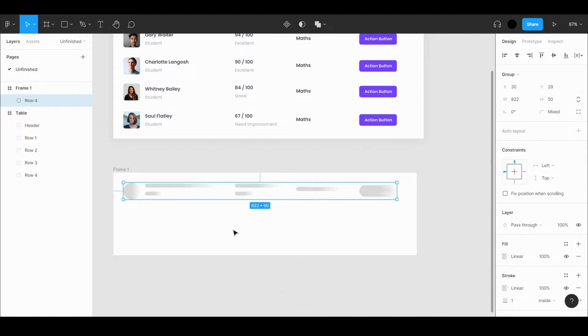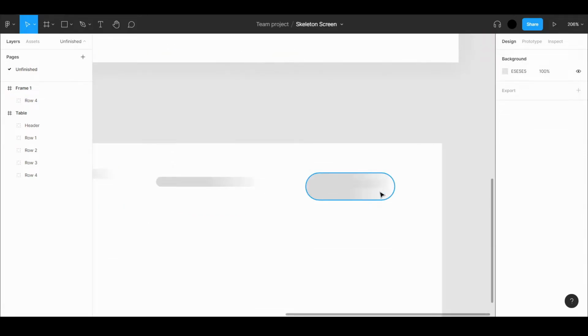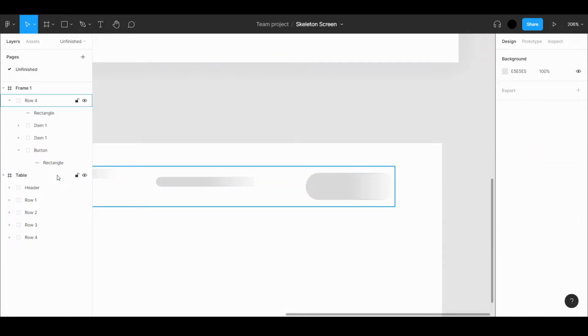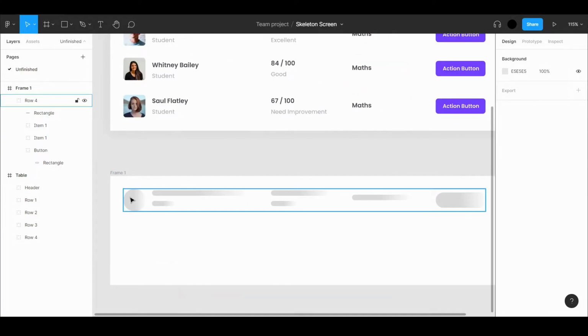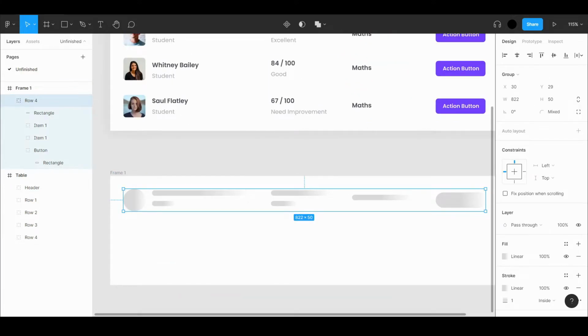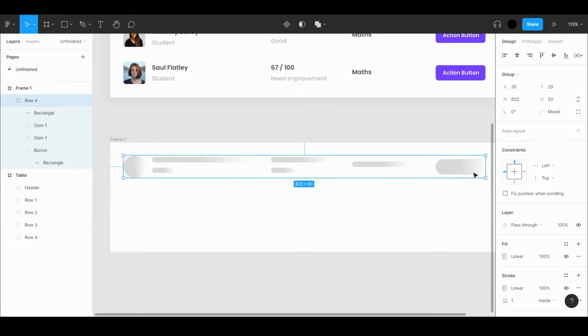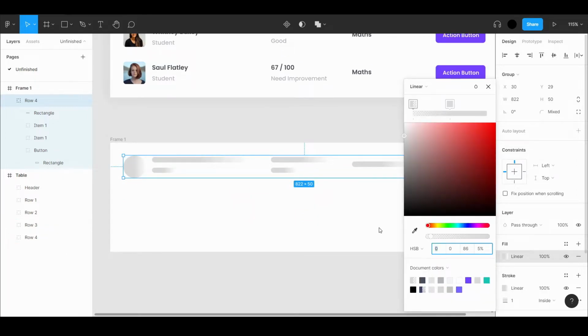So now you will see the effect seems pretty much good for now, but we have to animate these. But before that we need to create two variants of these. So here you will see some disturbance. I will just simply remove this. You can adjust the colors from the color section also. So for this linear gradient I will move this box having 100% opacity all the way right, and the opacity of the box with 5% to the left.